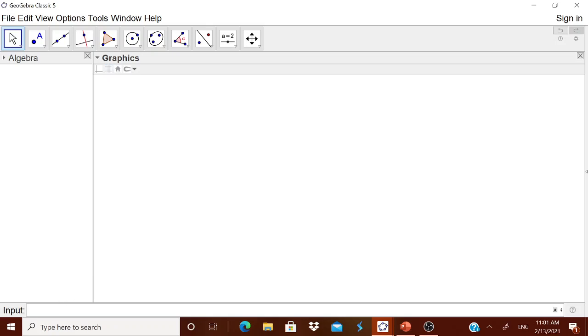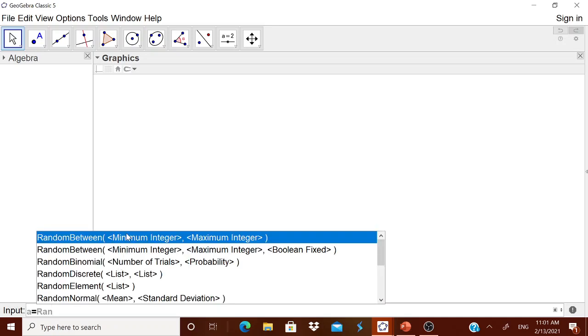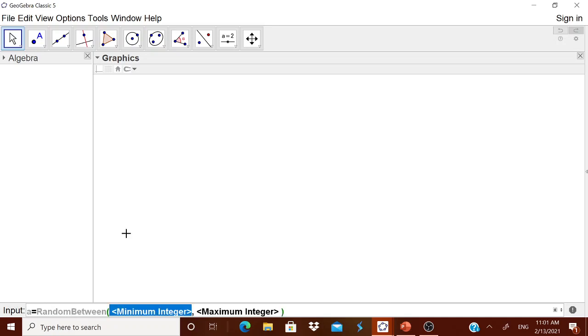For that, let me go for a is equal to random between 1 to 50. You can have anything. I'm not telling that you should have only from 1 to 50. Then again b is equal to once again random between 1 to 50. C is equal to, I think, can be 0, but a cannot be 0. You know that if it is a quadratic polynomial, 1 to 50. Remember, I am taking only 1 to 50. You can have minus 25 to 25. It is left to you.